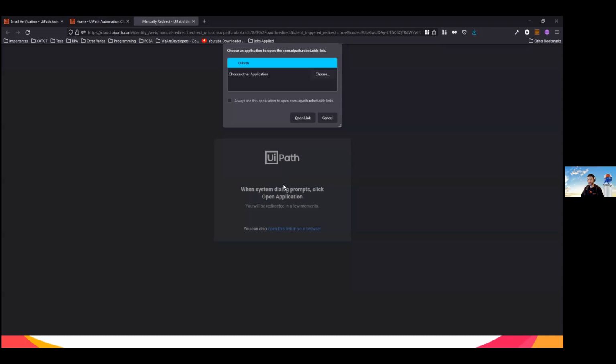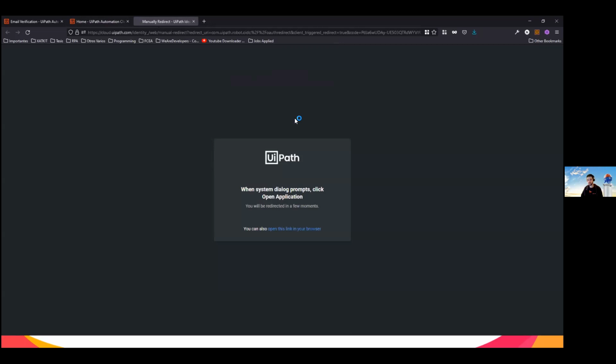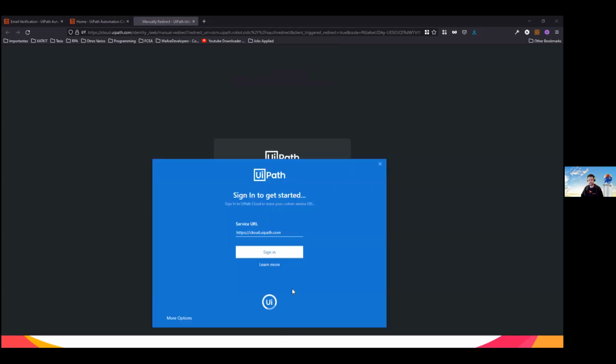Just put your email, your password, and then it's going to ask you the same that it's asking here. Do you want to let this website open UiPath? You just hit open link, and this is going to start loading. It says that it's connected with the account RPA Summer School, rpasummerschool@gmail.com. It's just going to take a little while after it loads some things.